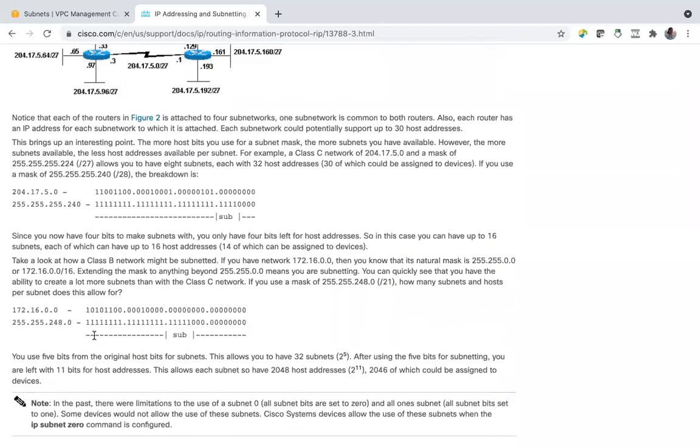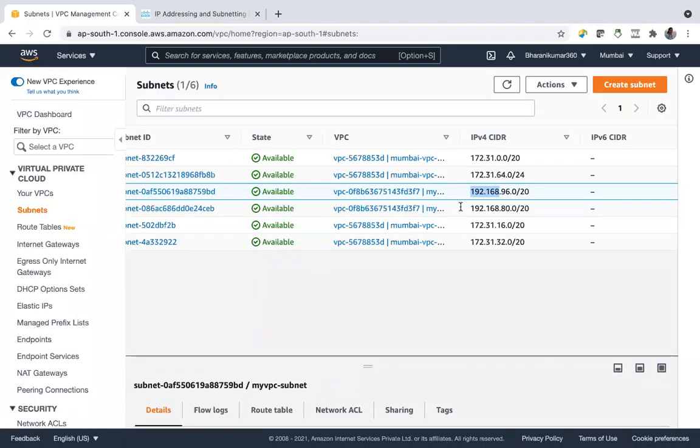Previously, what used to happen with AWS is, whenever we create a VPC, there is no issue. AWS creates a VPC with whatever CIDR range we gave. And we know subnets are part of the VPC, so they should have a range smaller than the VPC range.